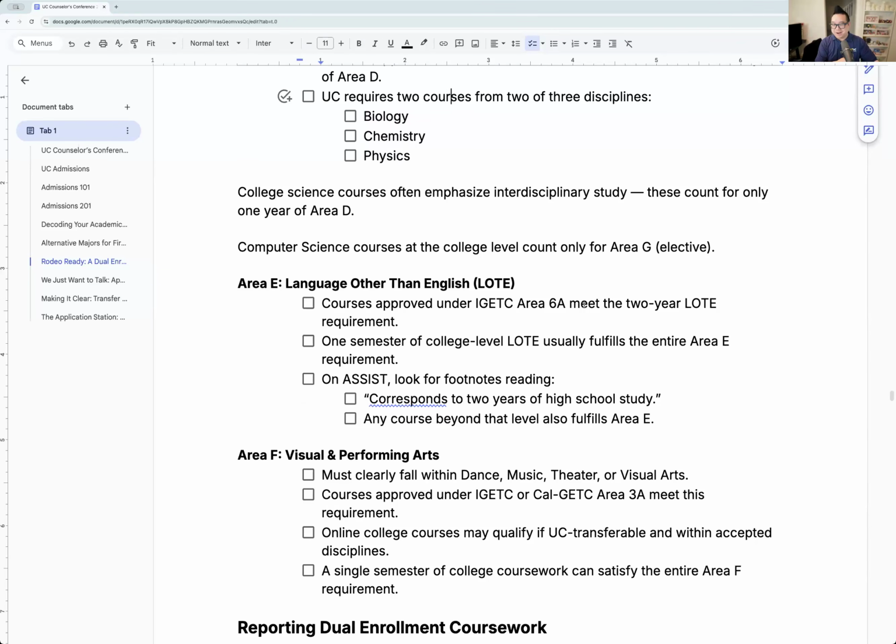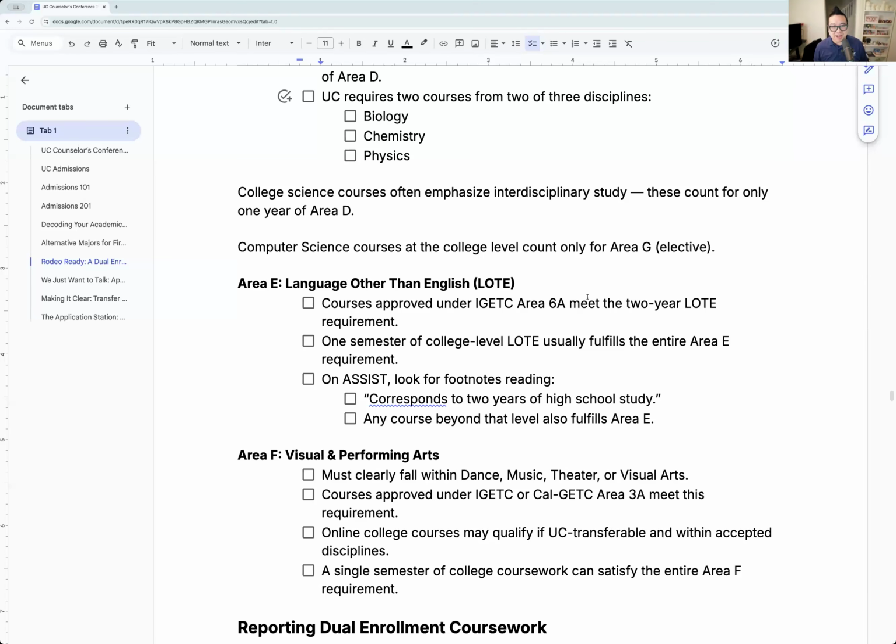Language, right? Here's the cool part. Language is a really fun one. You'll see that usually language classes are 5 units long. The reason why these classes count as 1 year is that the classes are 3 units long, 3 units per class, right? 1 college unit is equivalent to 3.3 high school credits. So 3 college units is equal to 10 high school credits. If you look at your transcripts as well, there are 10 high school credits for every year-long class, which is why 1 semester counts as a full year. For languages, though, they're 5 units each.